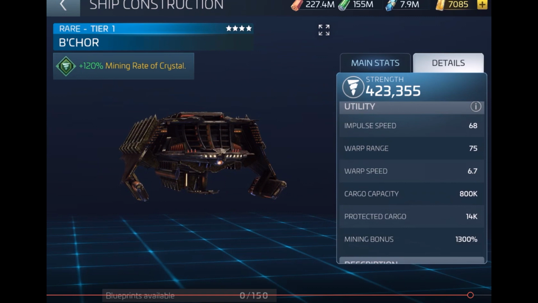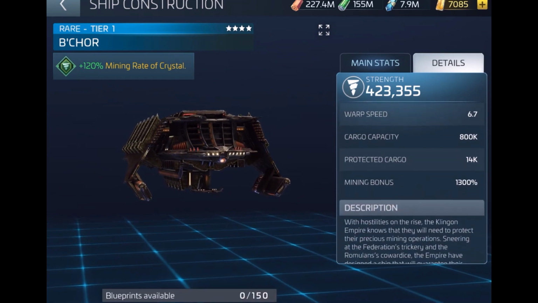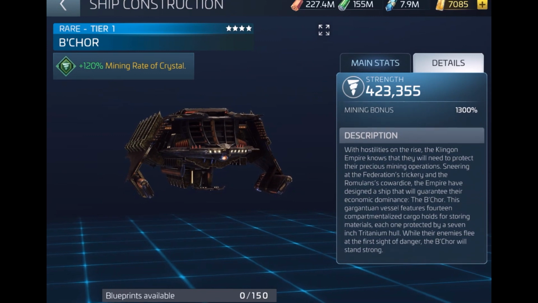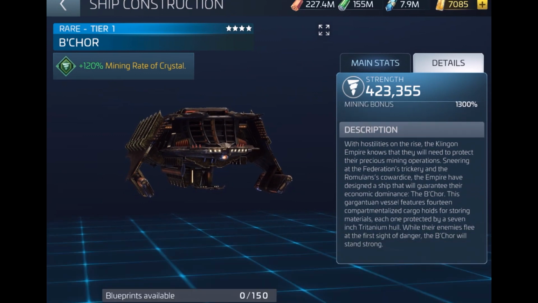And honestly, this so far, looking at a Federation ship, it looks mean. As I say, I think that's the way the Klingons always like their ships, to look mean. Now, I've not read the description on this one yet, so excuse me if I fail. Here we go. With hostiles on the rise, the Klingon Empire knows that they will need to protect their precious mining operations. Sneering at the Federation's trickery and the Romulans' cowardice, the Empire have designed a ship that will guarantee